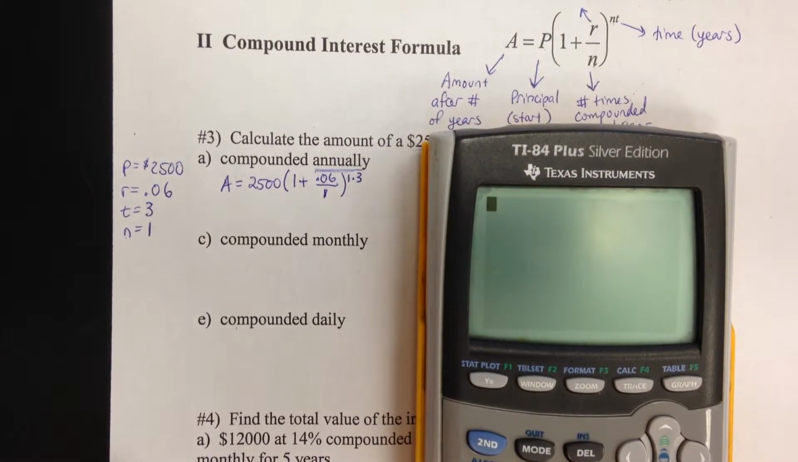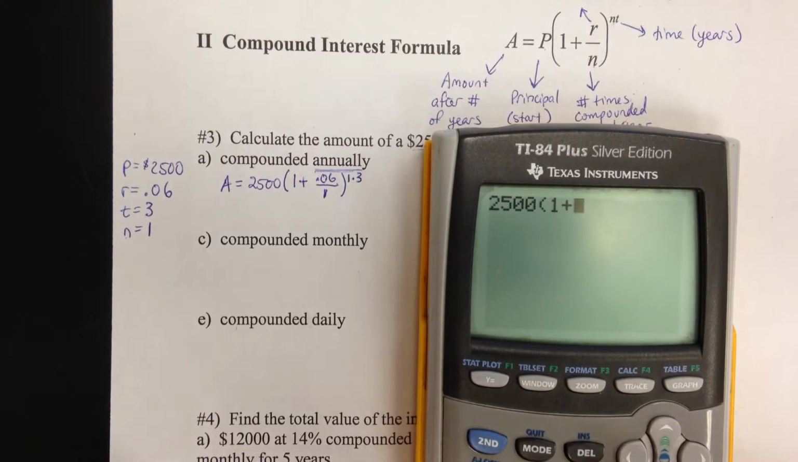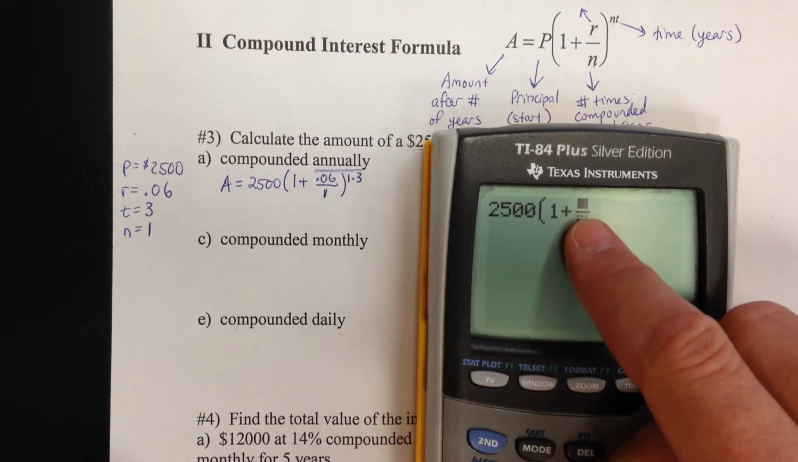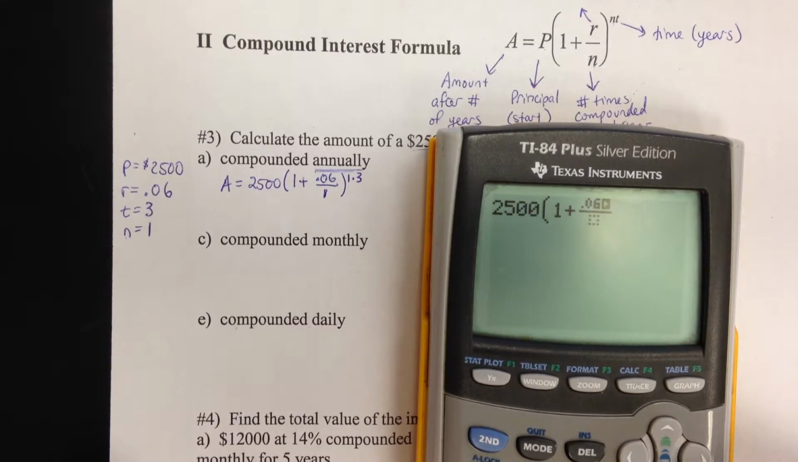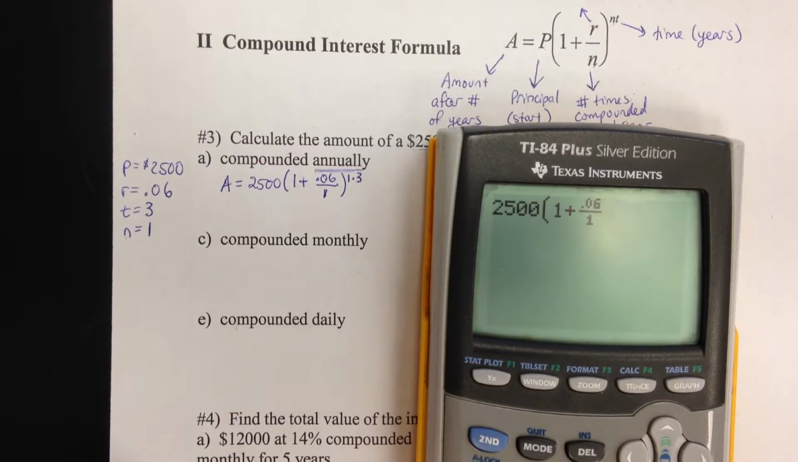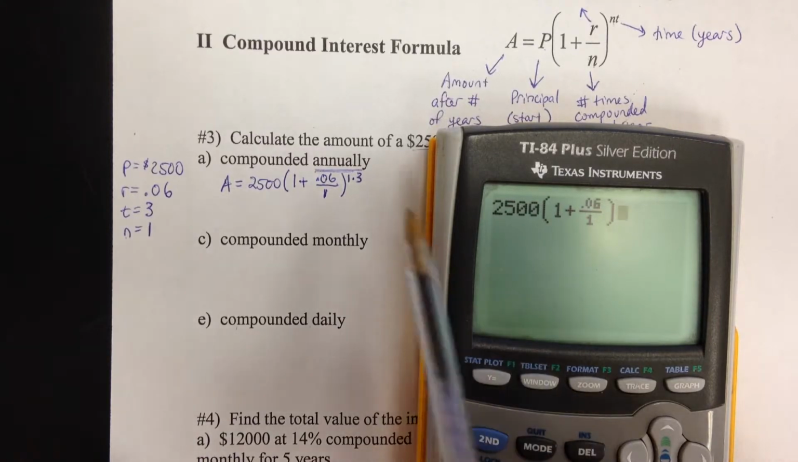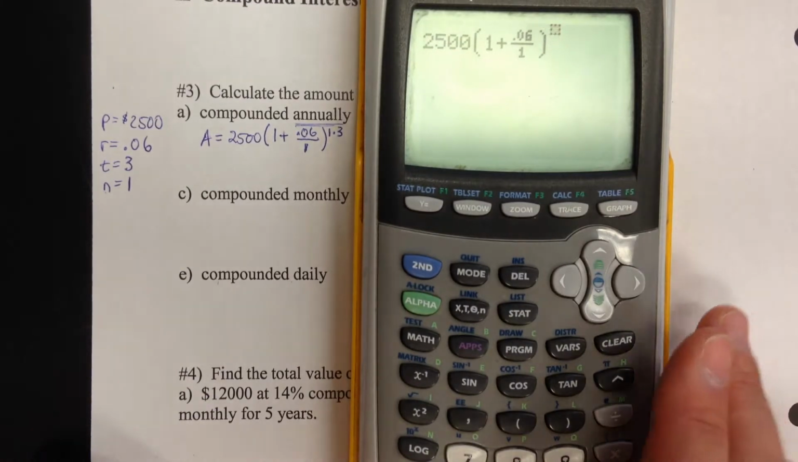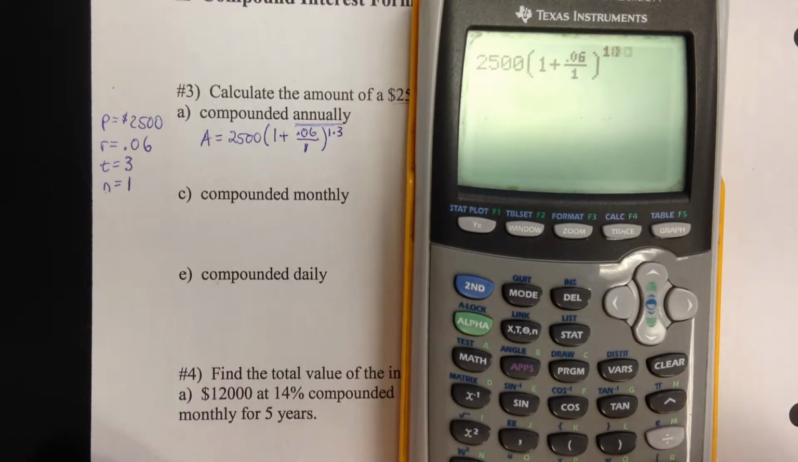So if we do that, we would take 2,500 and then parentheses, 1 plus, and I'm going to hit alpha y equals to set up a fraction here. It would be 0.06 divided by, so put that over 1. You can use your arrows to get to here. I'm going to hit my right arrow, close parentheses, and then that's going to be raised to an exponent. So to do that, I'm going to hit this button right here. Okay, raised to the... Now I can hit 1 times 3, but I can also just hit 3. And then when I hit enter,